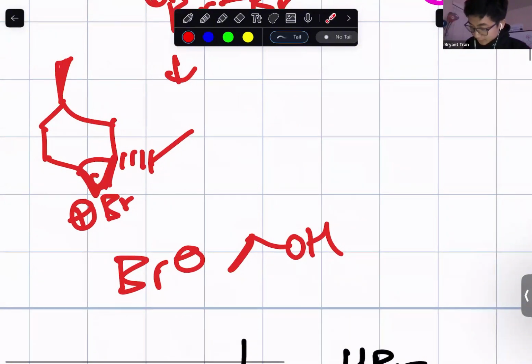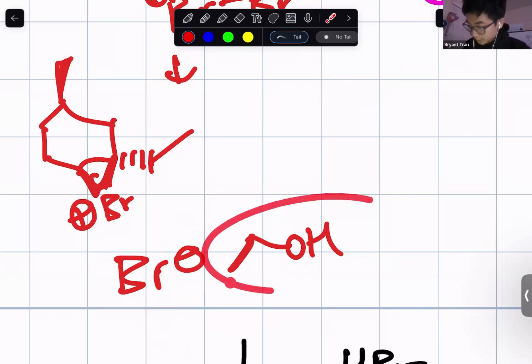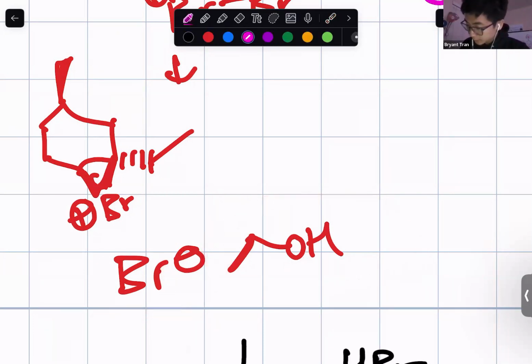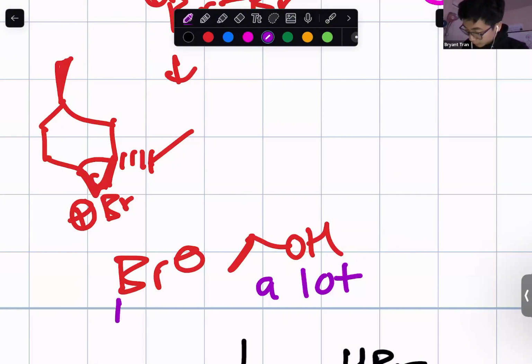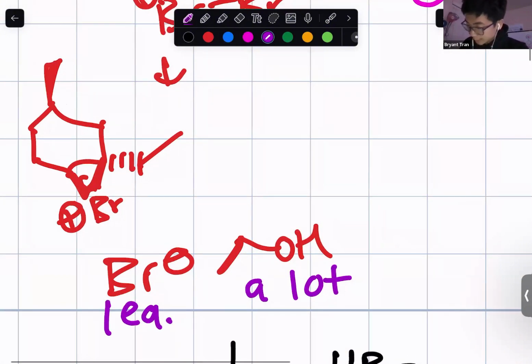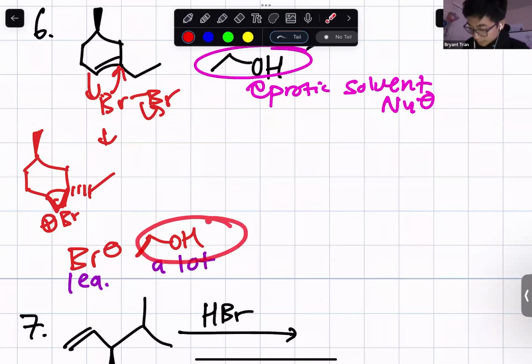At first glance, Br minus looks like the stronger nucleophile because it has that full negative charge right there. Whereas this alcohol here is just neutral. There's no full negative charge, right? But the reason why ethanol or water here is going to be the nucleophile is because there is a lot more excess of that molecule versus this one equivalent of Br minus that we kicked out in the first step, right? So because of the excess amount of this ethanol, that's going to overpower this tiny Br minus right there,